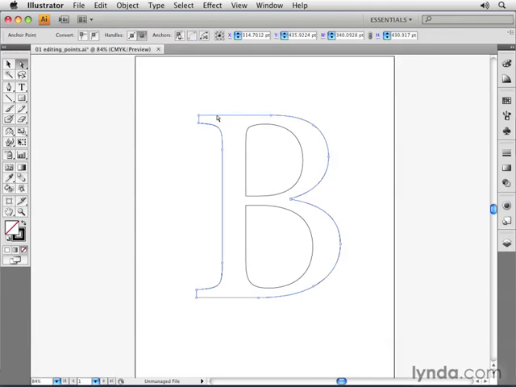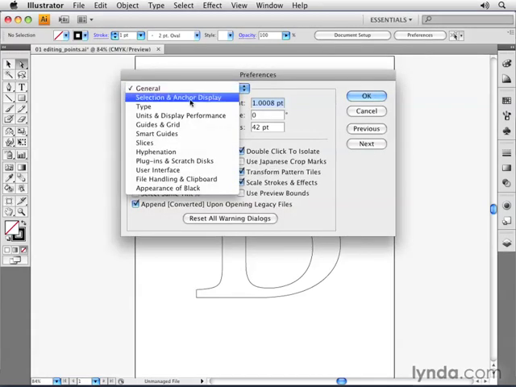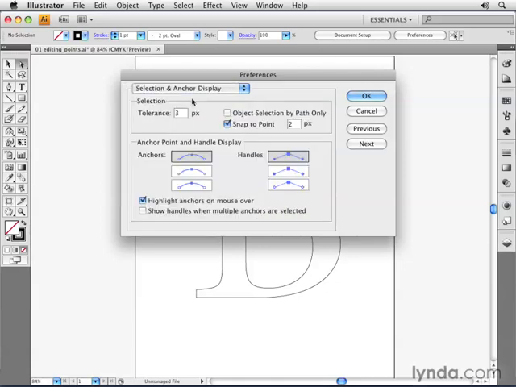So the first thing we're going to do is change some of the preferences inside of Illustrator, because with the anchor points themselves, when you mouse over them, they light up a little bit like that. But we want to make it easier for us to work with these particular elements. So I'm going to go over here. I have nothing selected. I'm going to go to the control panel, open up preferences inside of Illustrator. I'm going to switch down over here to where it says selection and anchor display. Illustrator now has an entire preferences panel that's dedicated to just working with these anchor points and working